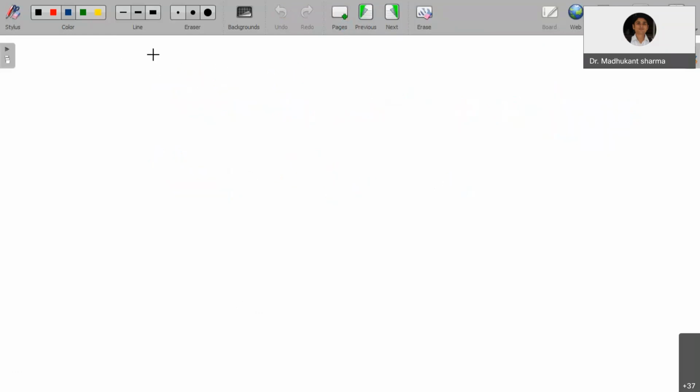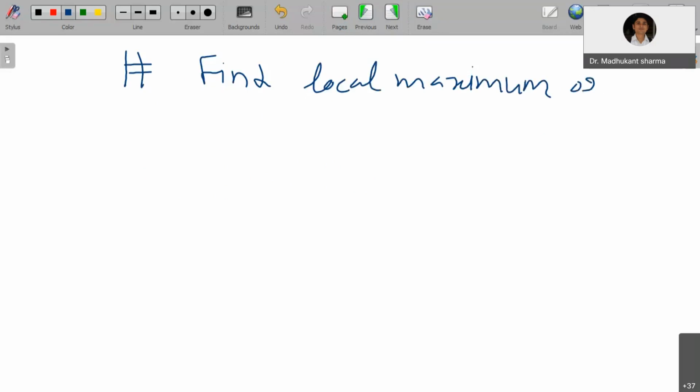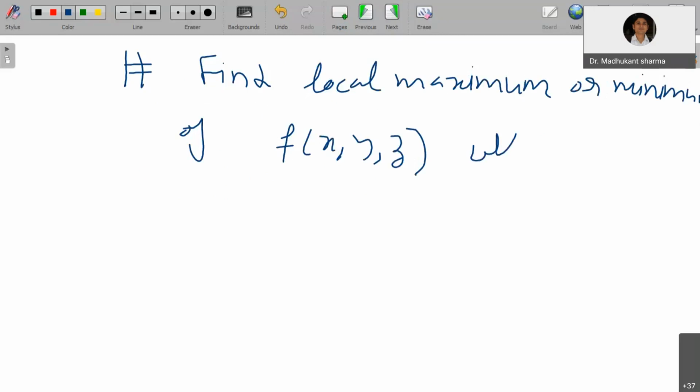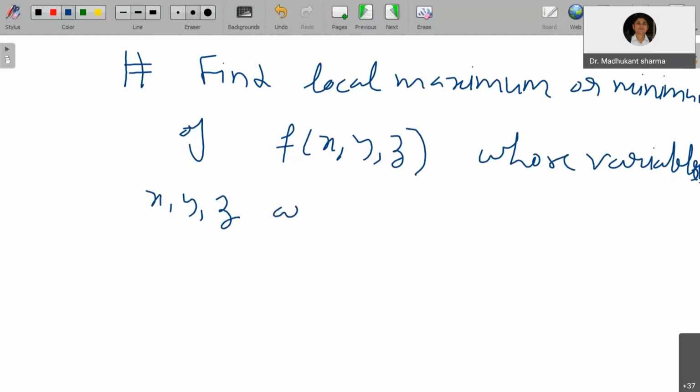That you wish to find a local maximum or minimum of this differentiable function, you can write f of x comma y comma z, whose variables x comma y comma z are subject to two constraints,